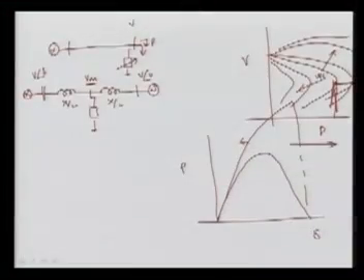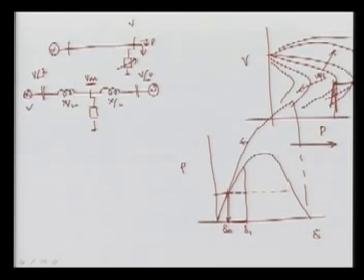Now if there is a fault at the bus, let's suppose your system was operating here and there was a fault, and the power injected into this system is 0, this machine will accelerate. This was your PM. Let's suppose it was operating at delta naught and the fault is cleared at this point, delta 1. Once the fault is cleared, it will follow this curve and see that your mechanical power is more than your electrical power, and the machine will decelerate up to a certain extent.